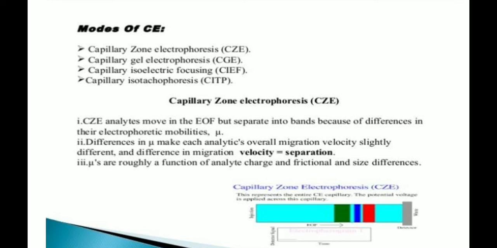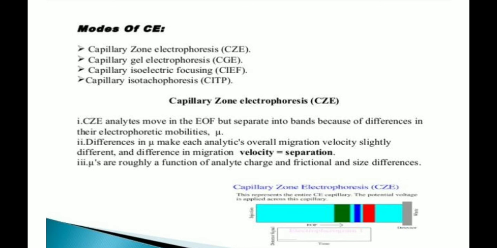First one, that is capillary zone electrophoresis, capillary gel electrophoresis, capillary isoelectric focusing, and the last one, that is capillary isotachophoresis. Okay, now we'll see one by one in short. So this first one, that is capillary zone electrophoresis. The analytes move in the electroosmotic flow, but separate into bands because of the difference in their electrophoretic mobility,